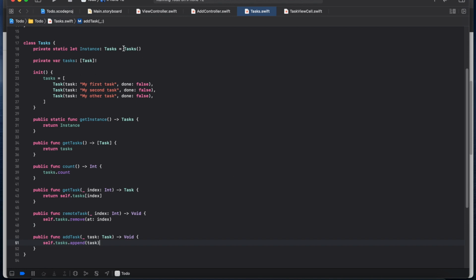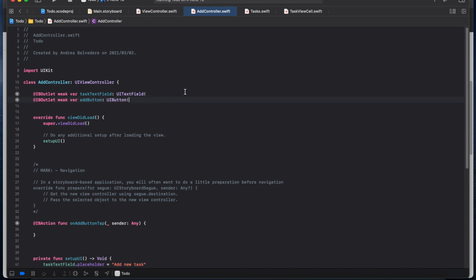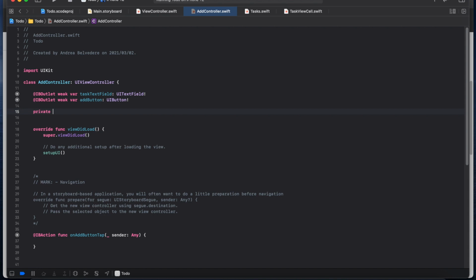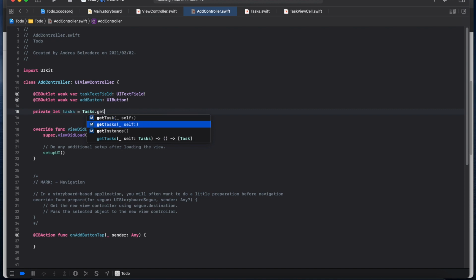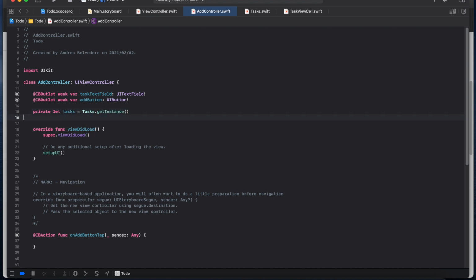So this is a singleton, so it's great. From here, we can just call the single instance again. So we do private let tasks equal Tasks.getInstance. Then